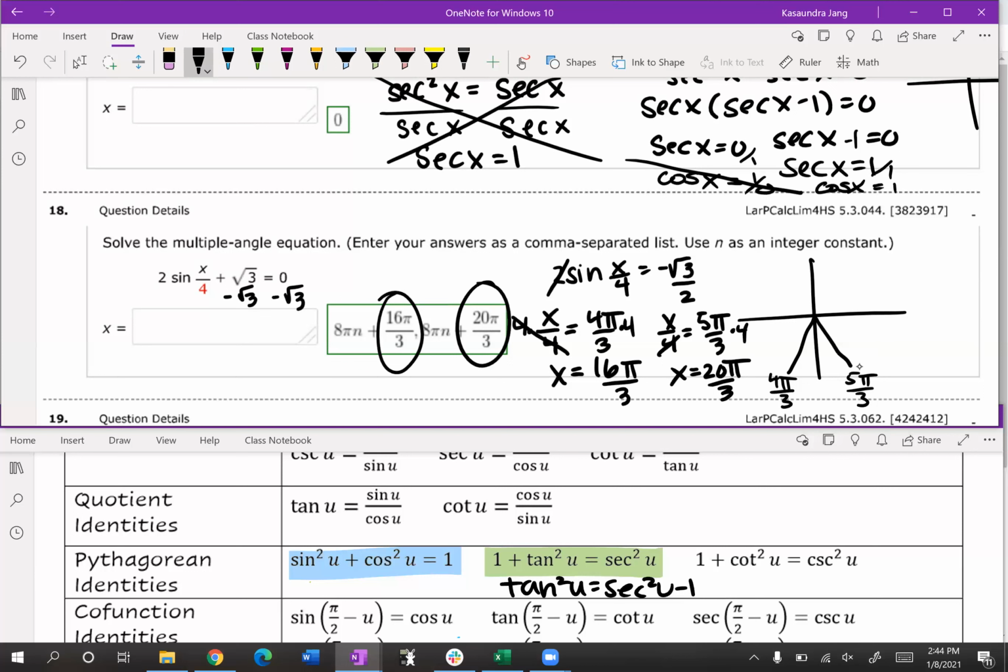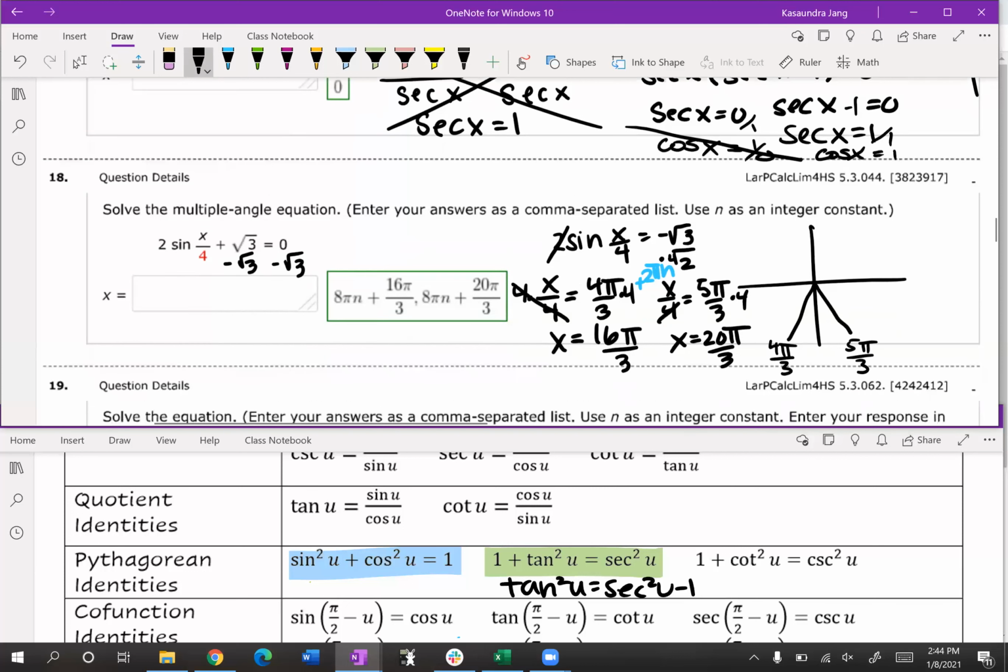Now, how do we know that they're adding a 2 pi n? Or sorry, they're adding an 8 pi n instead of 2 pi n. We're used to going around the full circle like 2 pi, but they have an 8 pi. So here's how that happens. I usually put a plus 2 pi n, but I'm multiplying everything by 4. This also is multiplied by 4, so my 2 times 4 is 8. That's where we get this plus 8 pi n on both of them. So 16 pi thirds plus 8 pi n and 20 pi thirds plus 8 pi n. All right, and then